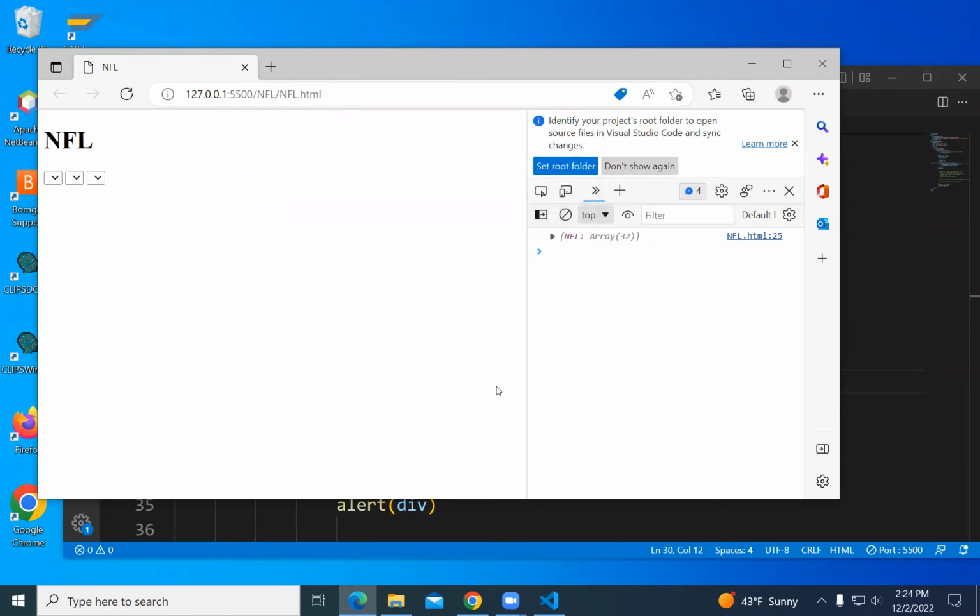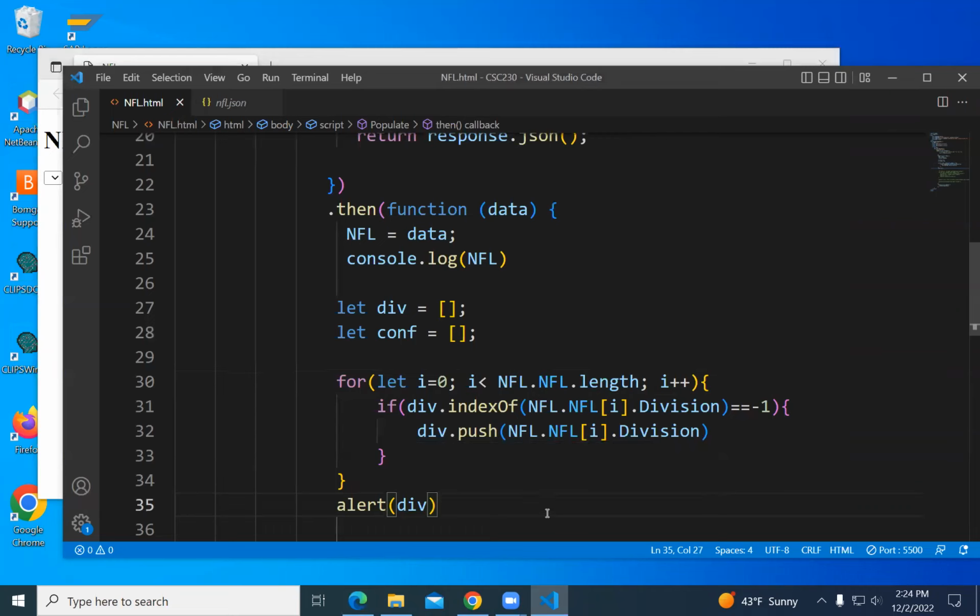Okay. I didn't get east, east, east, east. Well, how many of them are there? Probably 8 easts, and I think there are 8 of each. I didn't get the repetition. I only pushed it if I didn't find it. So the first time I find it, I add it, and the other times I find it, I skip over the if because I've already found it. Are we okay? Two half nods and nothing else. Okay.